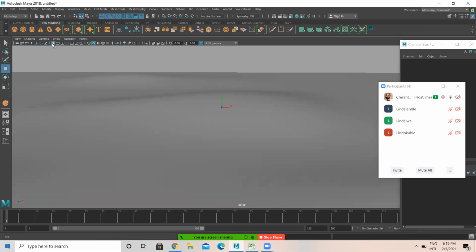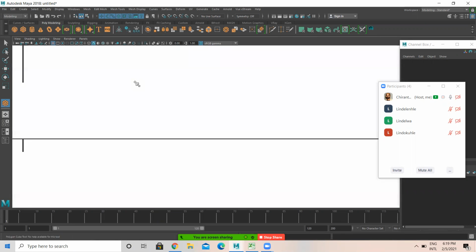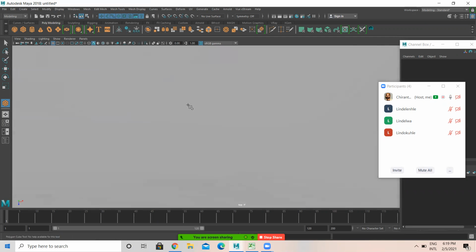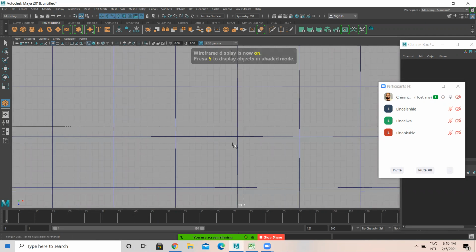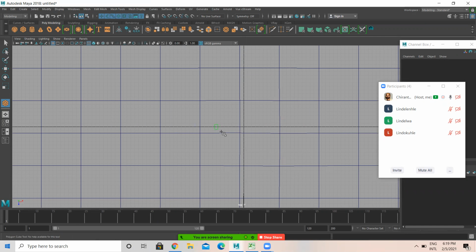Okay, so what I'll do, let it be something like this. Now I'll come to poly. I'm going to select a poly cube. Here, I'm in top view. Let me create a simple cube like this.